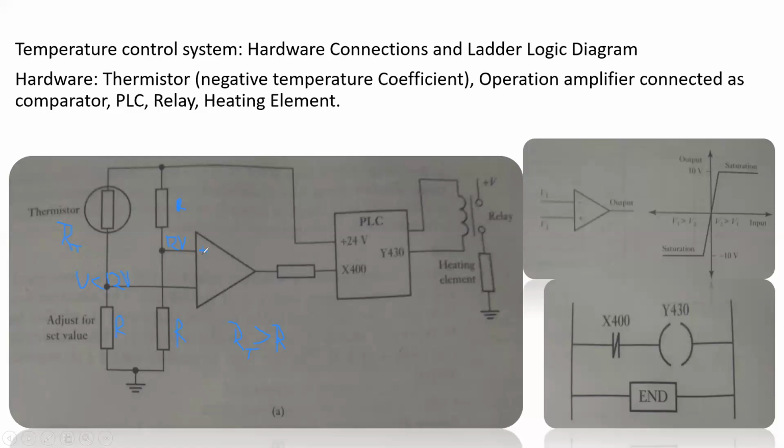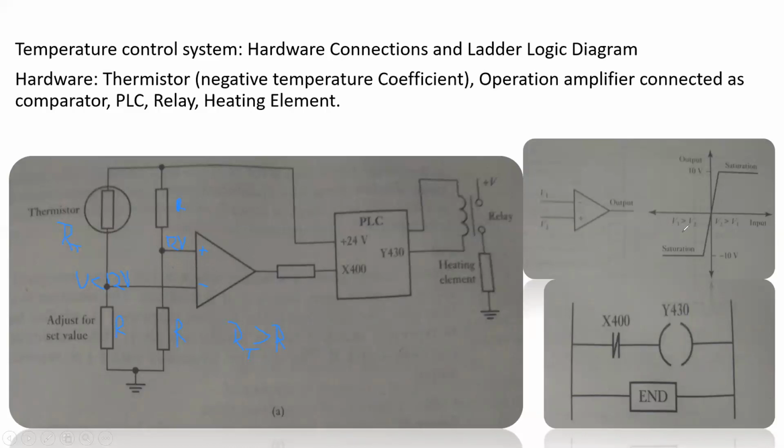So both these are connected to the two inputs of an operational amplifier. Now the operational amplifier is basically acting as a comparator. We don't have to study much detail of the amplifier, but see what a comparator is. There are two inputs of an amplifier. The plus one is the inverting input and minus is the non-inverting input. So when the amplifier is connected as a comparator, this is the input output relation for the amplifier.